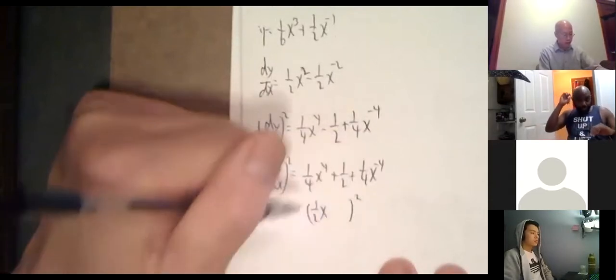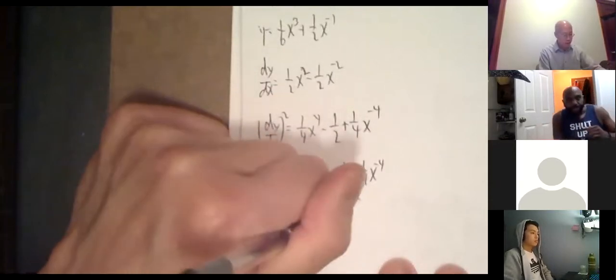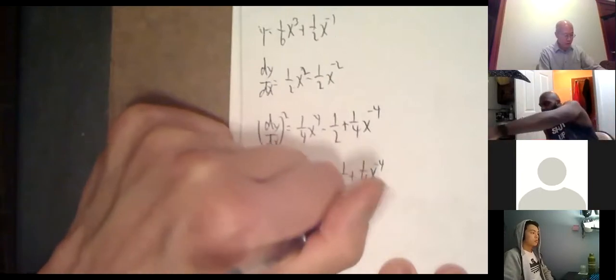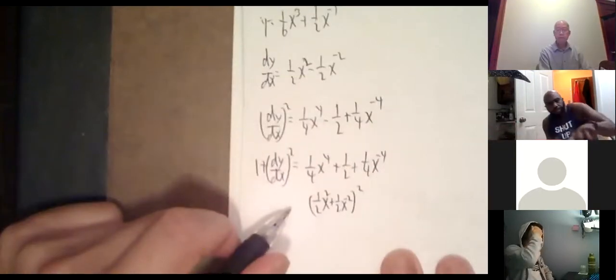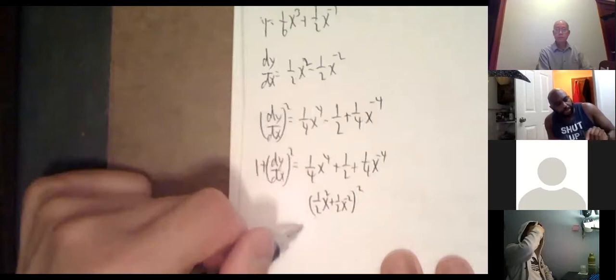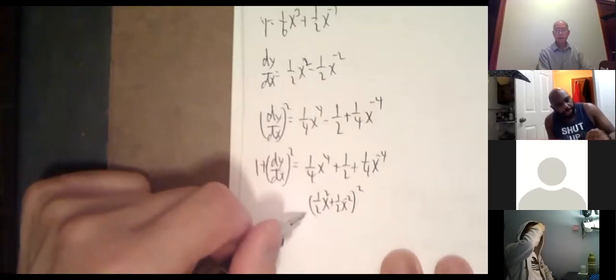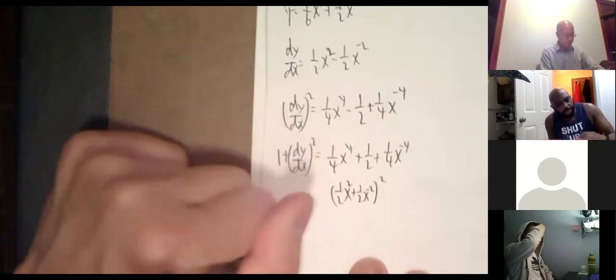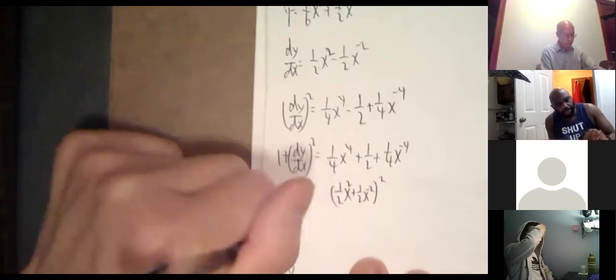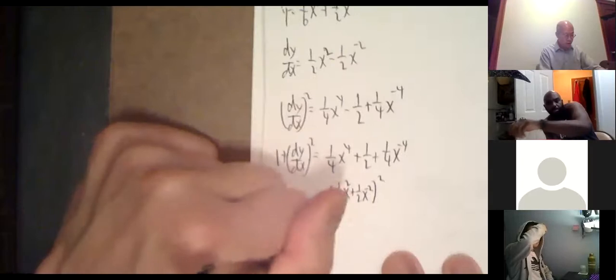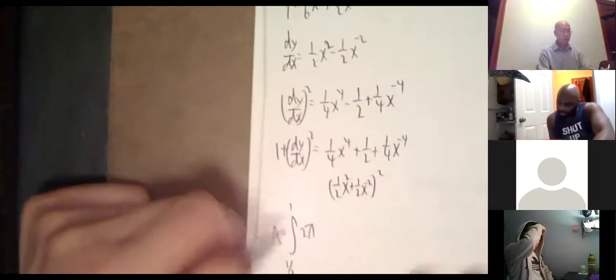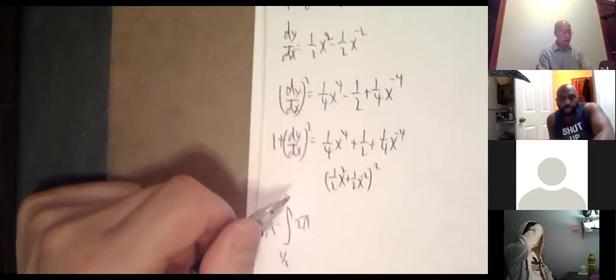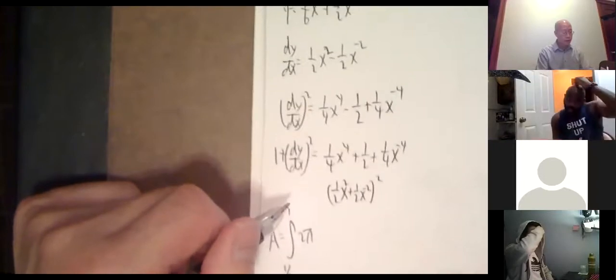So 1/2 x squared plus 1/2 x to the negative 2. Okay, so that goes underneath the square root. All right, so the surface area is the integral from 1/2 to 1 of 2 pi y,